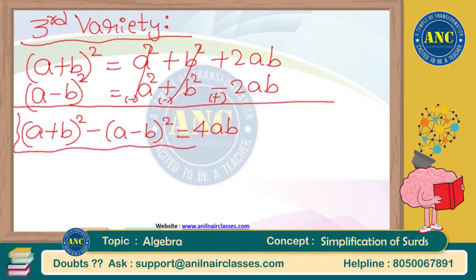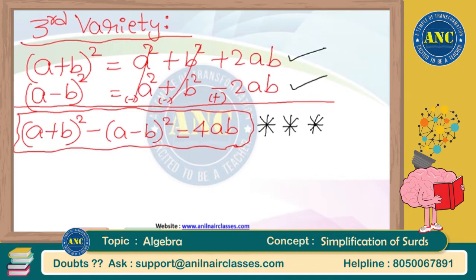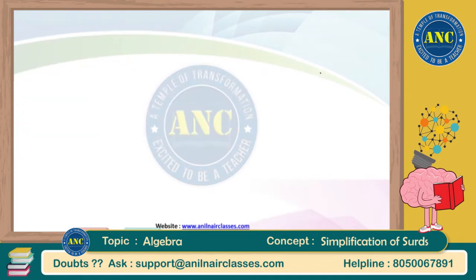Now this is one of the notations which is very important. (a + b) whole square minus (a - b) whole square is nothing but 4ab. Now using the same logic, I derived this: (a + b) whole square minus (a - b) whole square is nothing but 4ab. I took (a + b) whole square, I took (a - b) whole square, just subtracted both of them. Now I can do it in the other way as well.